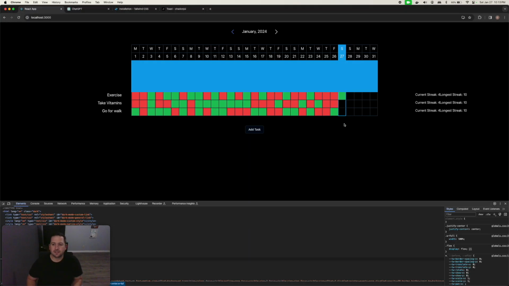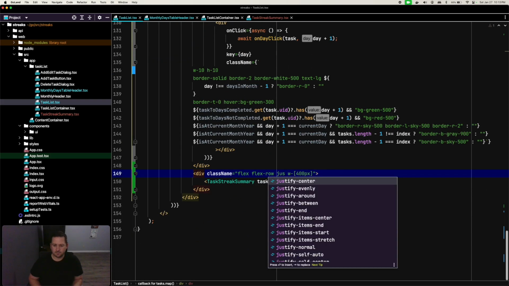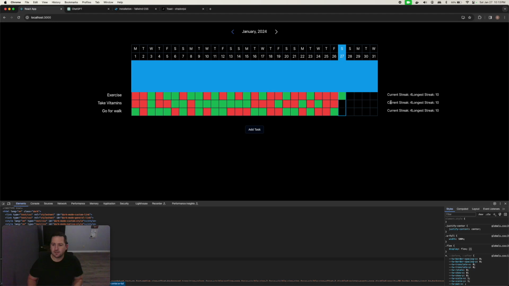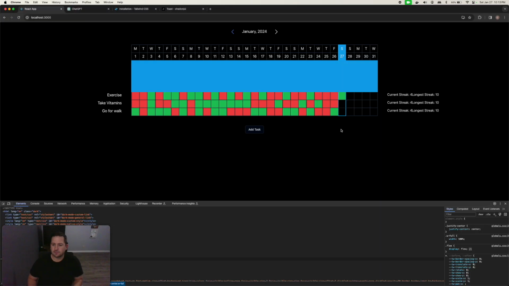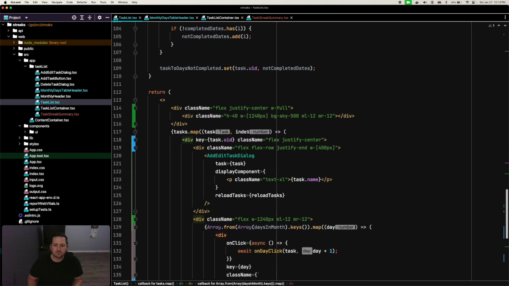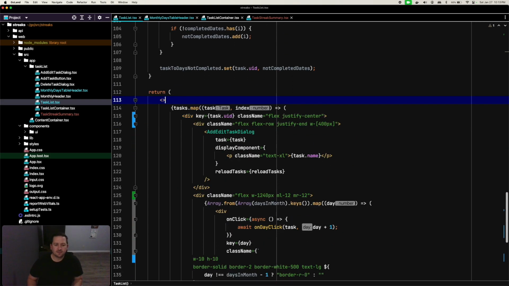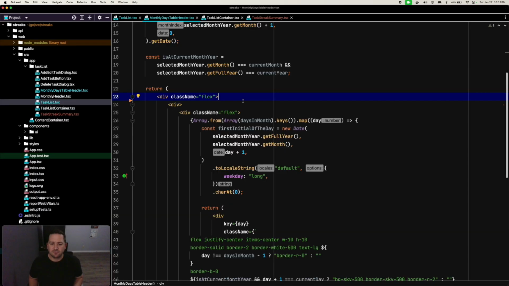Now our problem is that, so this would be justify start, and that's here, and also we want to do align middle. Is that going to make our items in the middle? No, and in fact we have this really slight problem here. Let's actually get rid of our huge big sky thing. That looks good. So maybe we won't even have those say current and best. We'll just have them say,